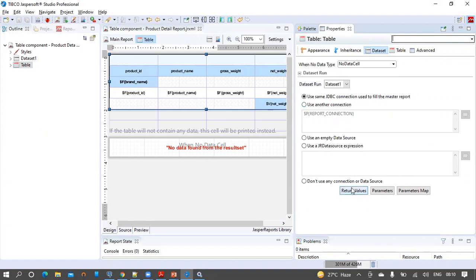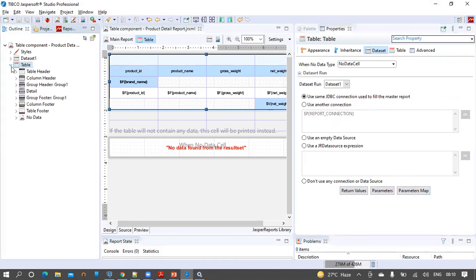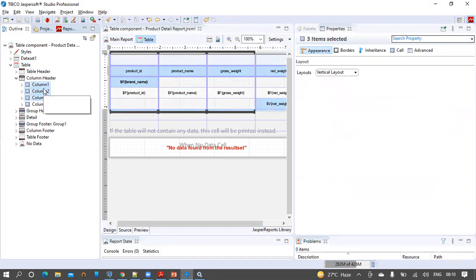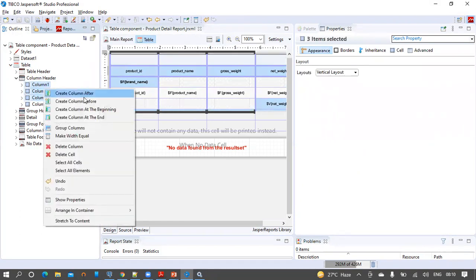For example, return values, parameters mapping, and there are advanced things that we can do on the columns, like how we can group the data. For example, if we want to group the data, we can right click on these and we can apply these options on the columns. But we are not going to discuss all these advanced features in this session, but let's park these features for another session.